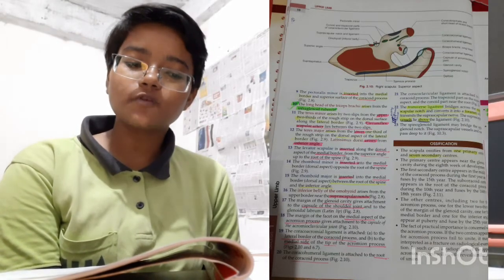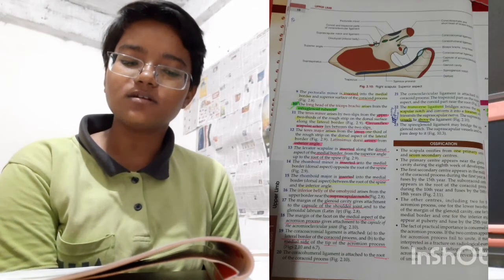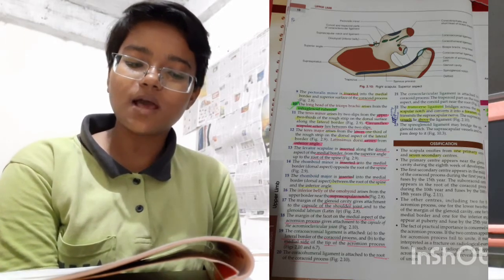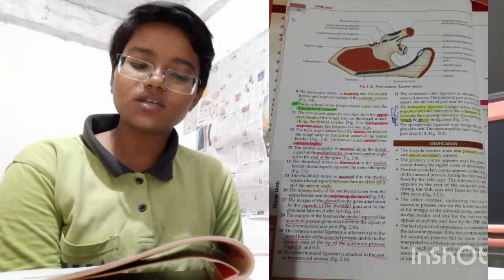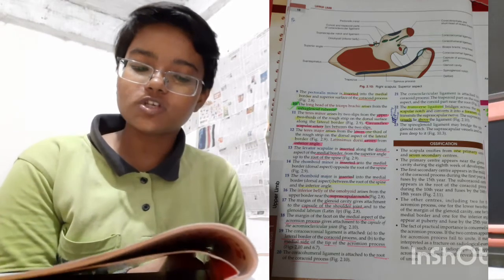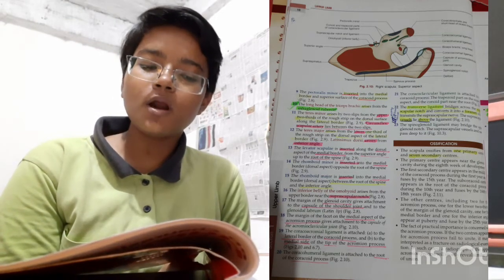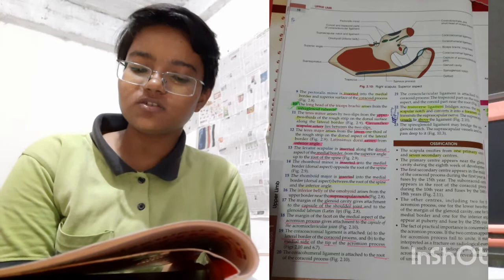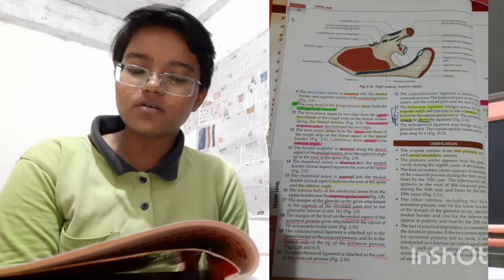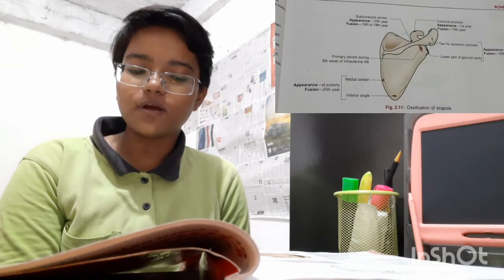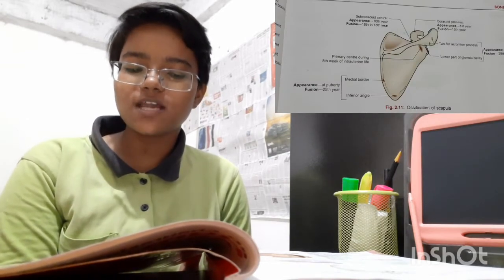The scapula ossifies from one primary center and 7 secondary centers. The primary center appears near the glenoid cavity during the 8th week of development. The first secondary center appears in the middle of the coracoid process during the first year and fuses by the 15th year. The subcoracoid center appears in the root of the coracoid process during the 10th year and fuses by 16 to 18 years. The other centers, including 2 for the acromion process, 1 for the lower two-thirds of the margin of the glenoid cavity, 1 for the medial border and 1 for the inferior angle, appear at puberty and